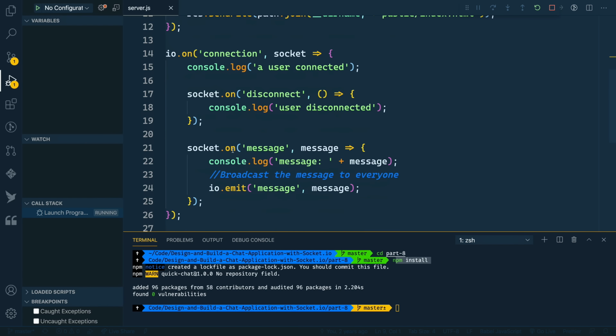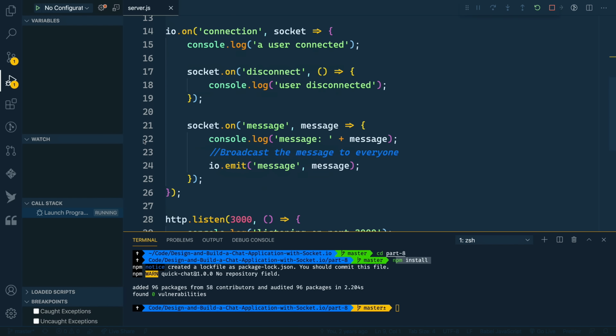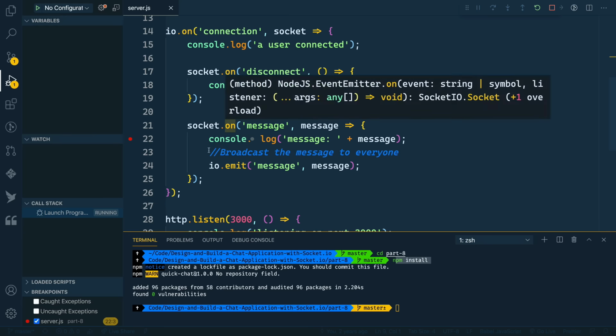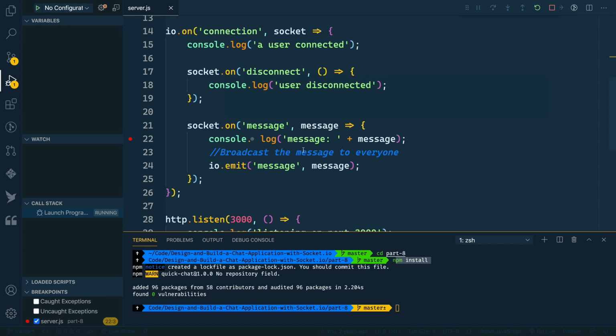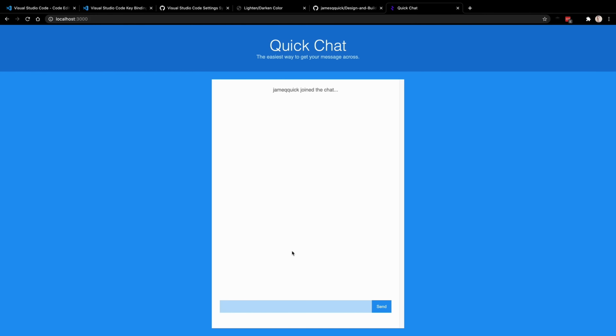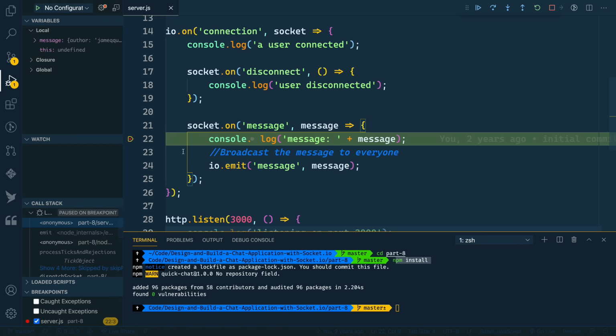We should be able to set a debug point and do the same sort of thing like we did before. So let's do a debug breakpoint on the message handler. So when a message actually comes through, let's set a breakpoint and let's trigger it and then come back over here. So let's try to type out a message. Hey, this is James, and press send. This now hit that breakpoint,